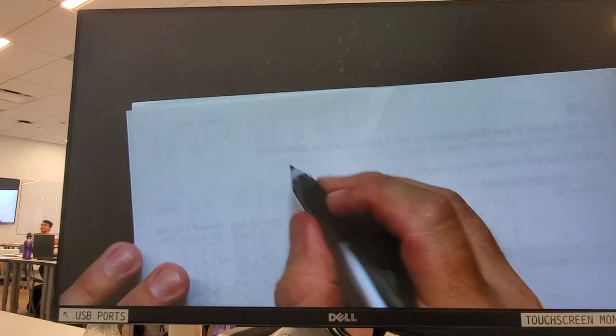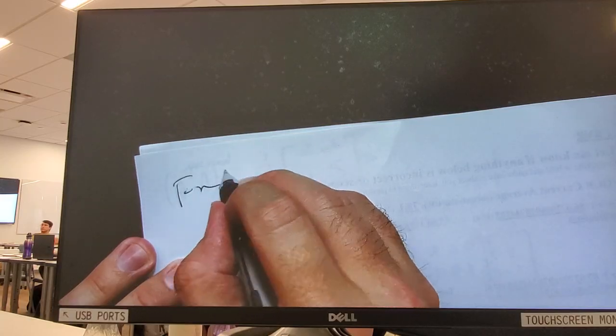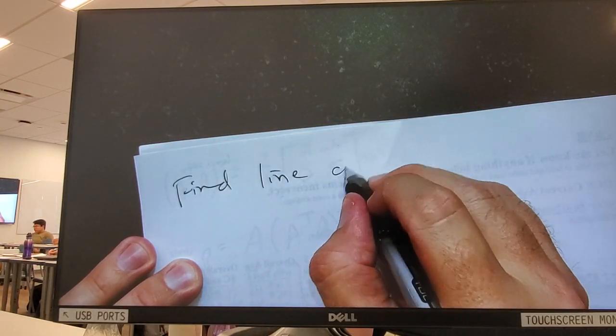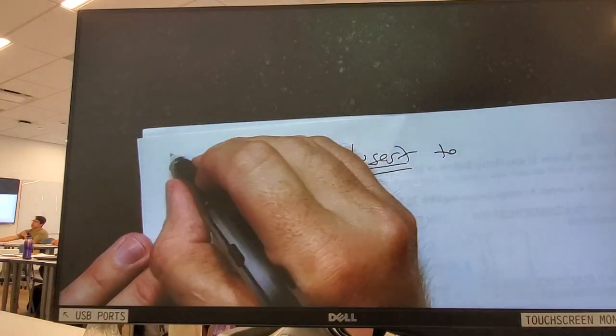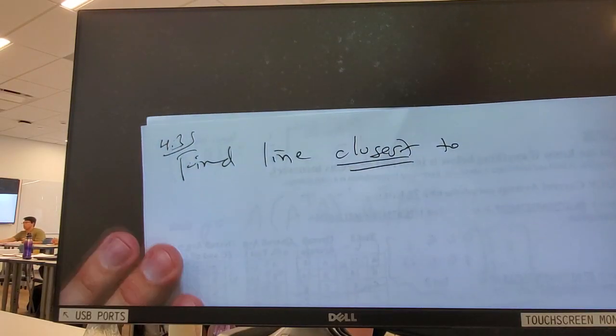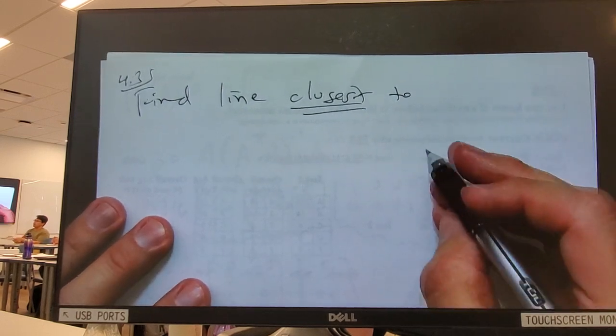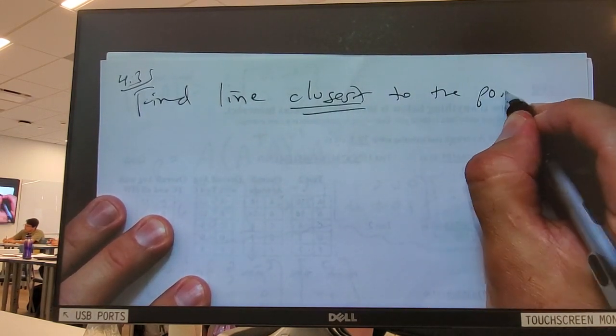So that is one application of this. The next thing we're going to talk about is this idea of how do I best fit given data. In statistics, we call it a best fit line, for example, and that's what I want to start with. I'm not going to suddenly teach you statistics, but I do want to set this up. Let's say I want to find the line that is closest to the points